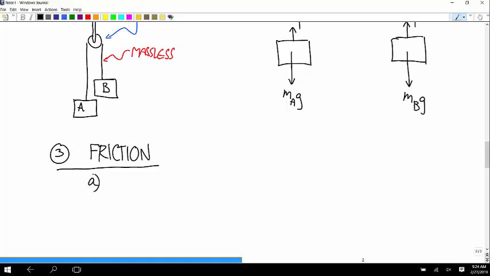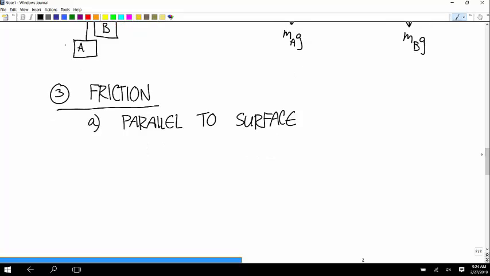So the direction of friction force is always parallel to the surface. But it could be this way or that way along the surface. So how do you figure out which one of those two it is? There are two answers to that, depending on what kind of friction you're talking about. If it's kinetic friction,